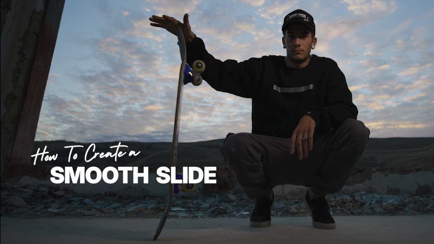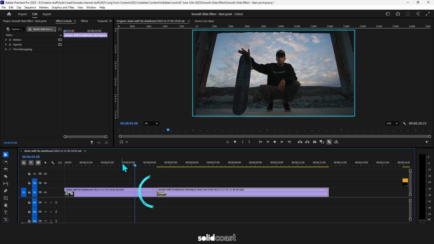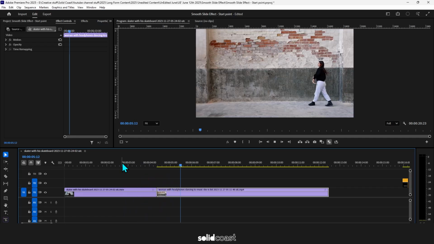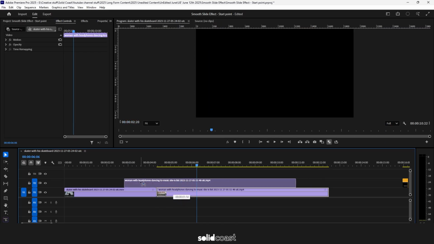How to create a smooth slide effect like this in Premiere Pro. So here we've got 2 clips and we're going to make this cut more interesting. To do this, we're going to reveal the second clip by sliding it in. To make that possible, we need to move it above the first clip, and then we want to overlap it